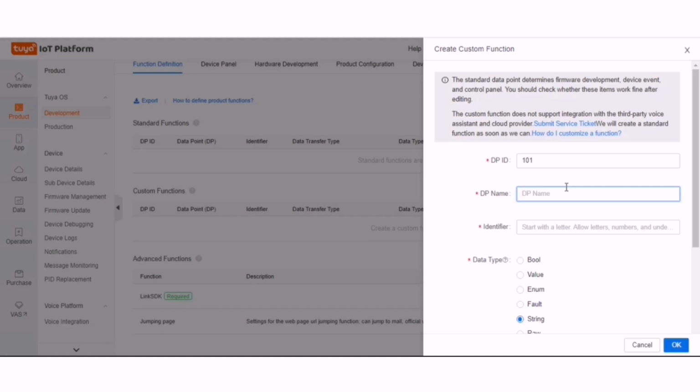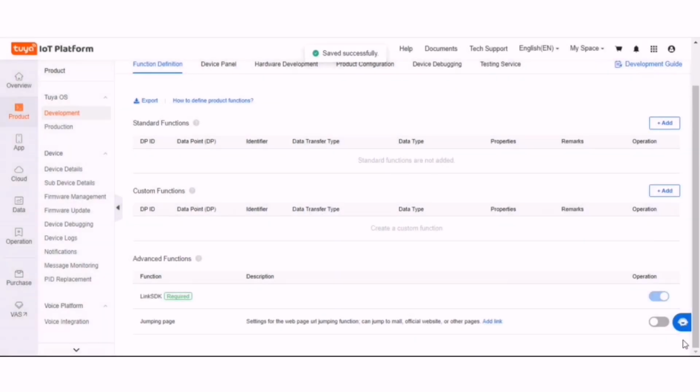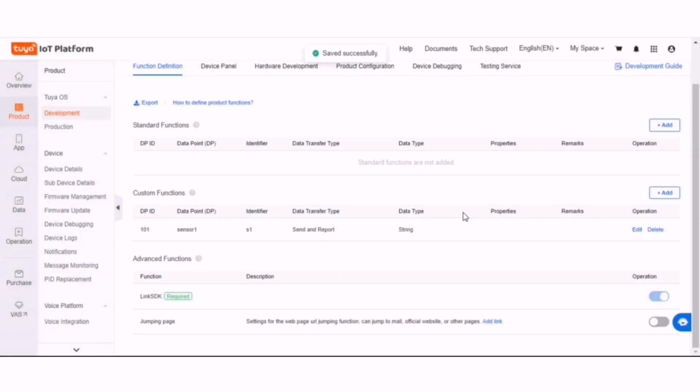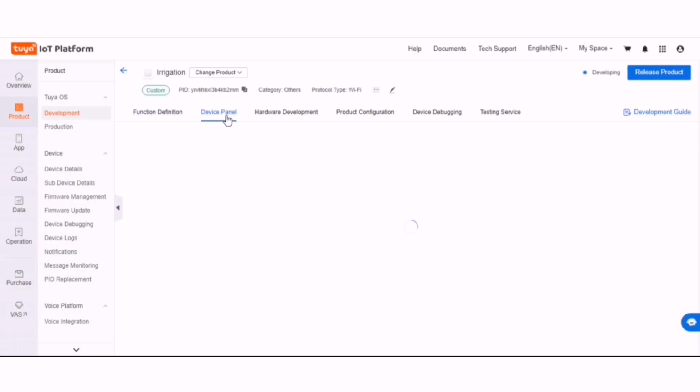So here sensor 1, identifier S1, send and report. In this way, you can add two data types for two sensors and one data type for our water pump.